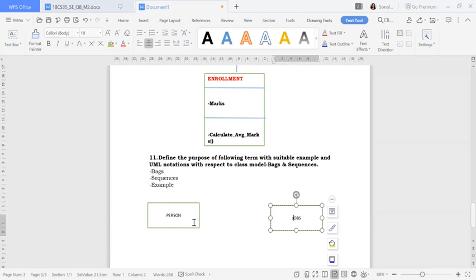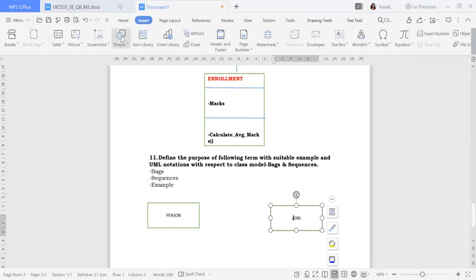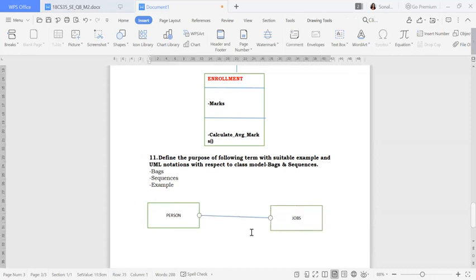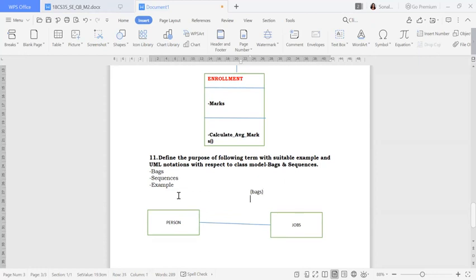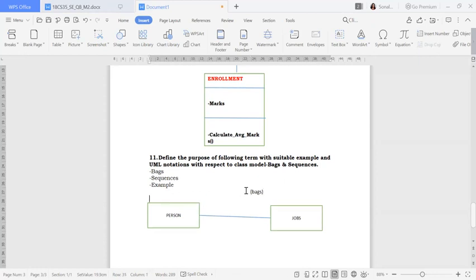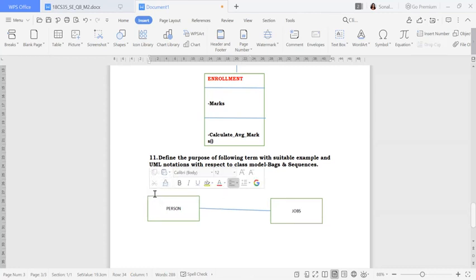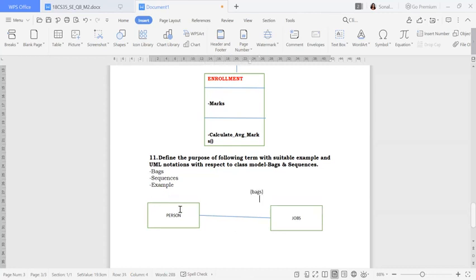Fine. So here what you're going to do, you need to give the connectivity. So here I have given you the connectivity. Fine. And in this link you have to write in one corner. Okay, this corner you have to give this sign, you need to write bags. Fine. And this is the connectivity of your, I'll just make it a little closer to this. Yeah, okay, fine, this side. Okay, bags.